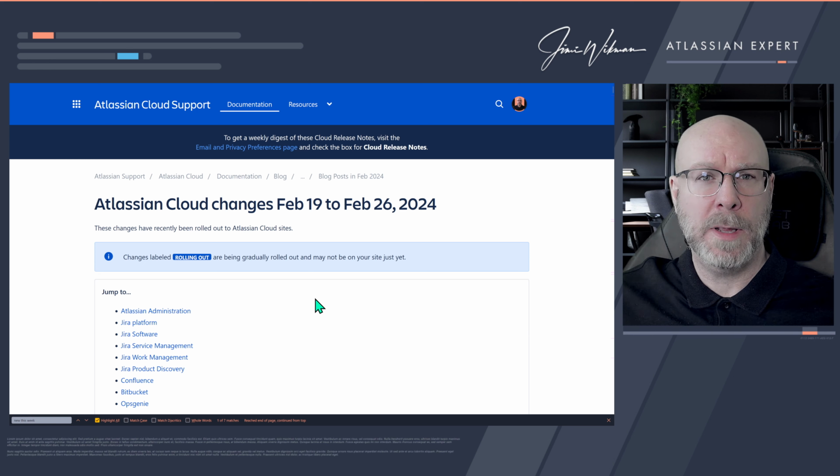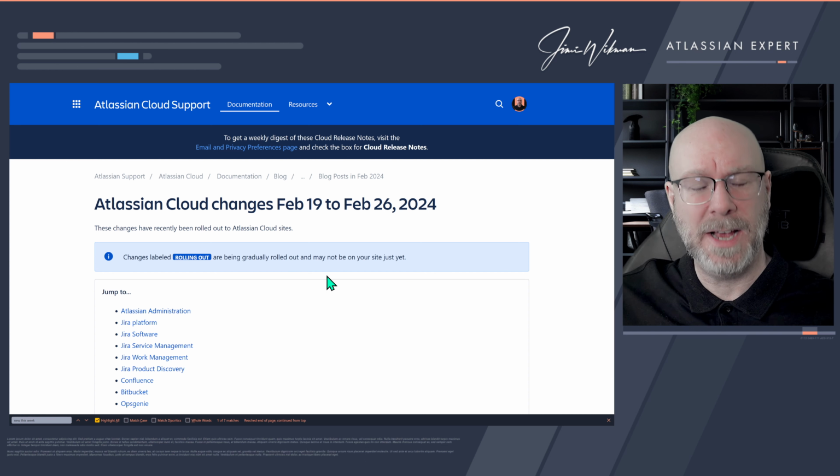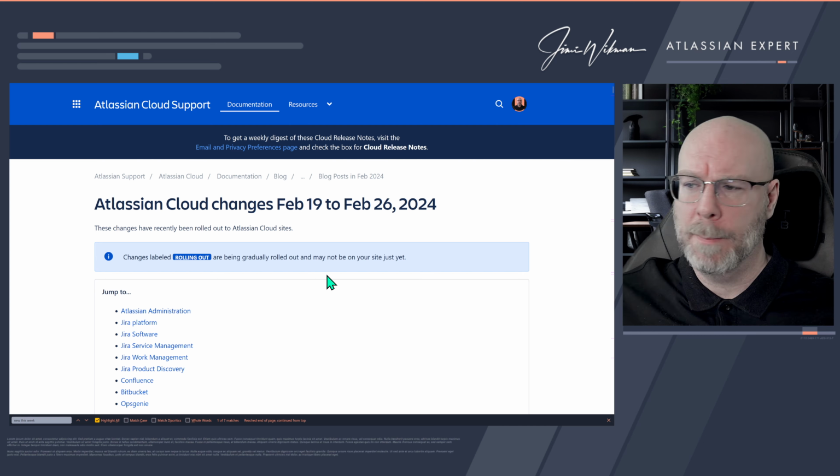So here we are now in the Atlassian blog where we have this information. If you watched my previous video, you saw that I hinted that I will create a database for all these changes on my website. Unfortunately, I need to do a lot of rebuilding for that to happen, so it will take a little while. Until further notice, we will continue to read through these blogs and give you the latest updates, even though it is kind of lacking in information. But let's jump to the first